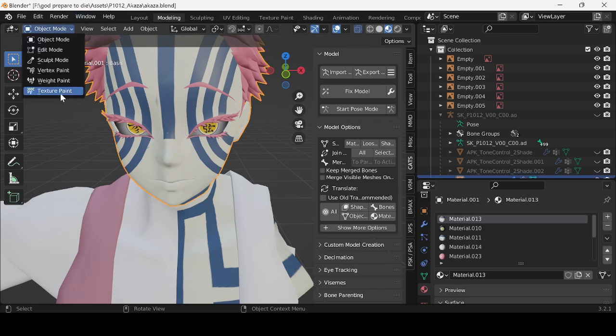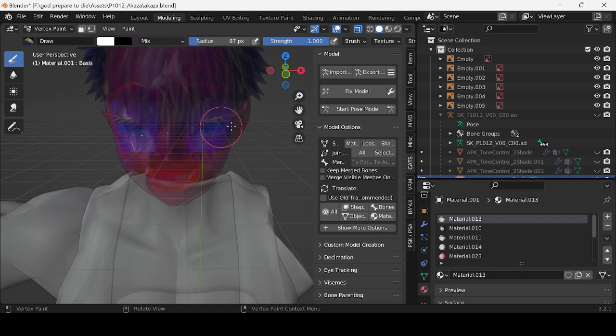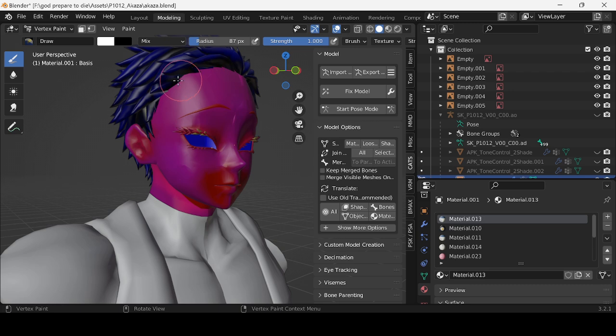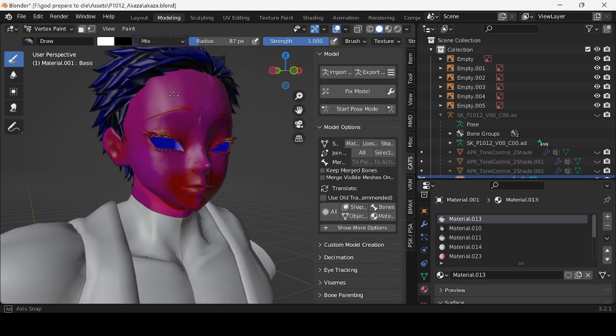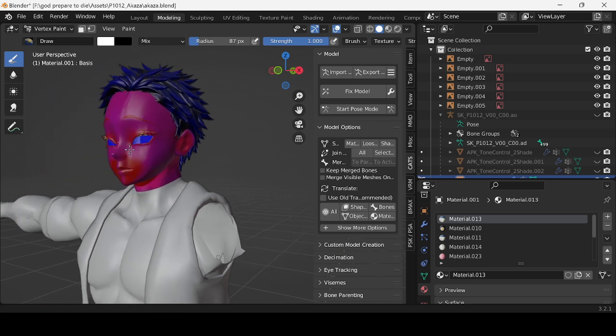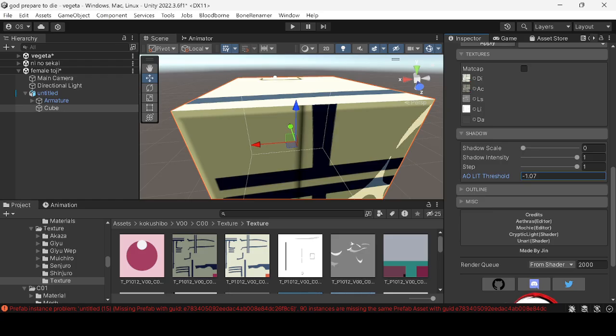So if we take this and go down to vertex paint and go here, you can see a bunch of vertex paint on here already. The reason why you don't leave white there is because it will mess up the whole model's shader, and that has consequences. So if I go here again,